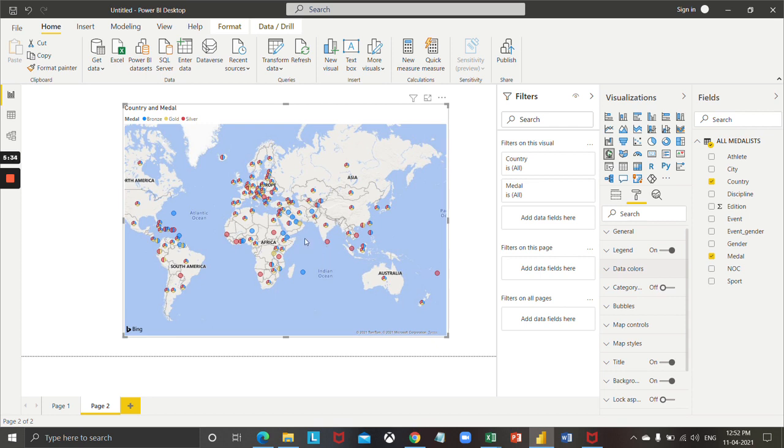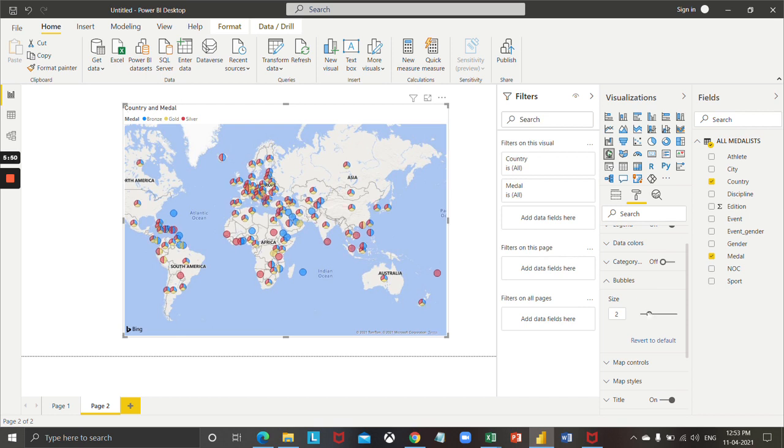You can see here small bubbles are coming up which are showing the particular medals. The bubble size can also be increased from here. The default bubble size is 10. We can also increase the bubble size and take it to 12. Yes, you can see here the bubble size is getting increased. So this is all about